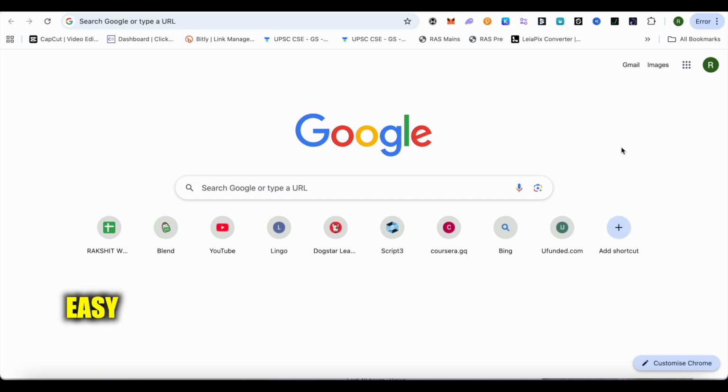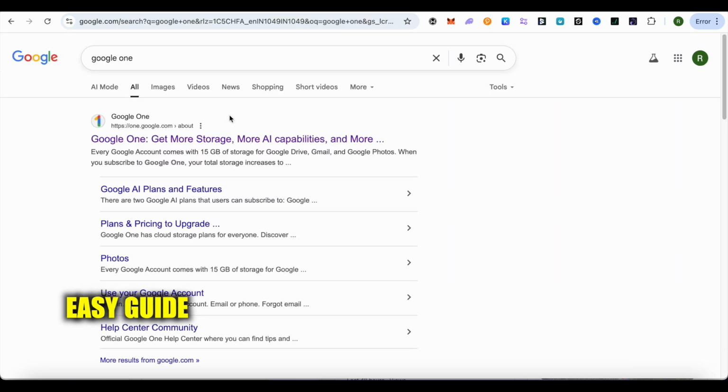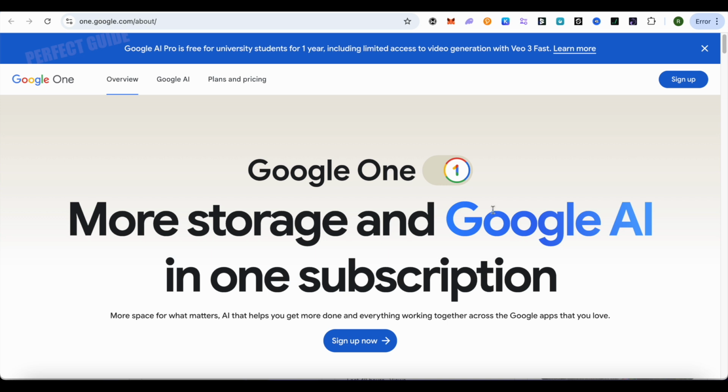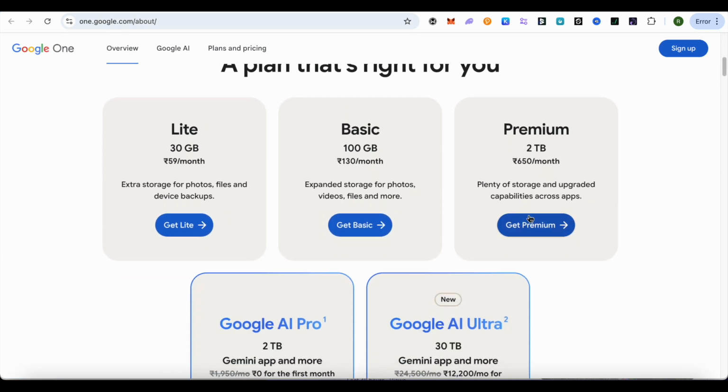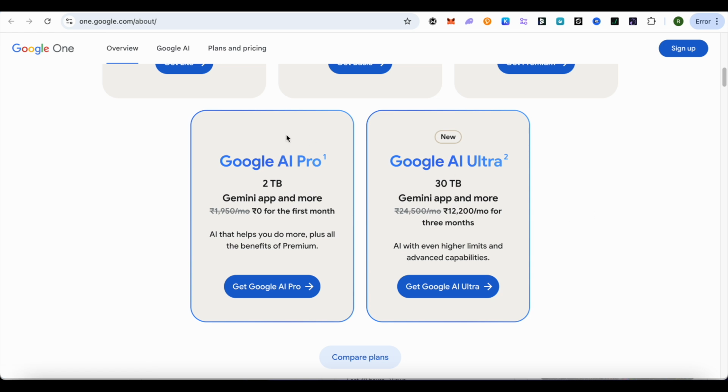For this, simply open up Google and search for Google One. After that, open up the first link and this is where it will take you. Now scroll down and over here you can see various plans. Simply scroll down further and here you would get this plan of Google AI Pro and it is absolutely free